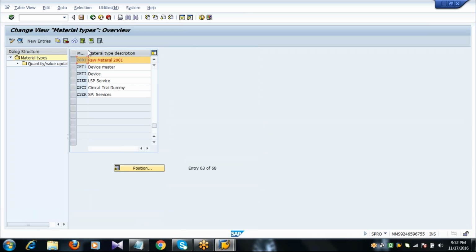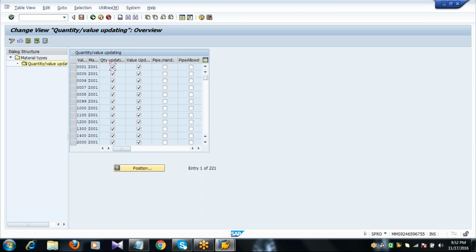Go back, again select the material type and double click on quantity value updating. Click on position.